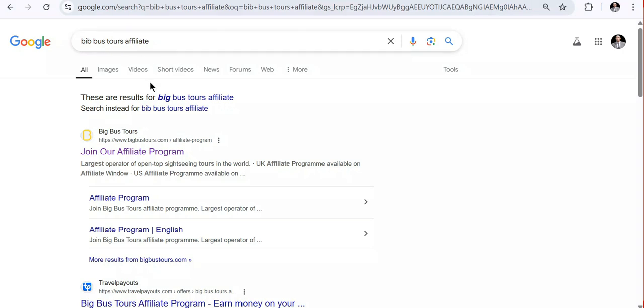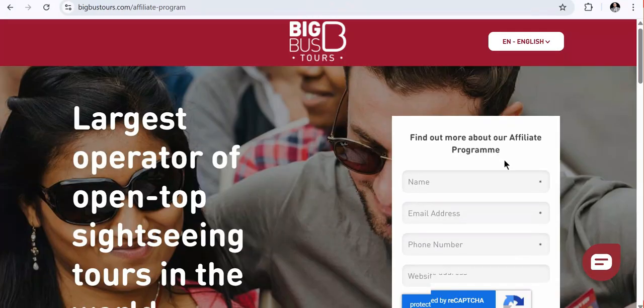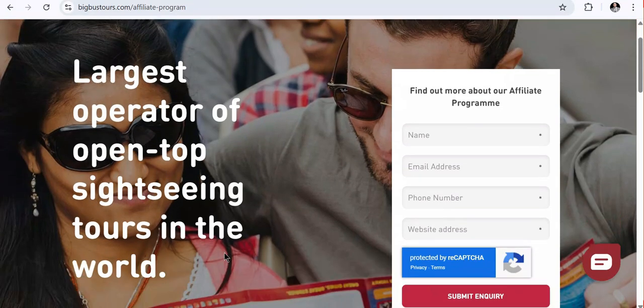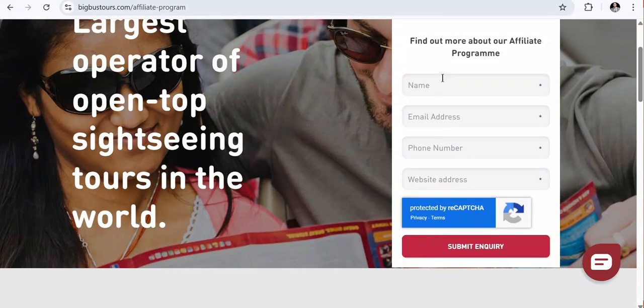So what I do is join this program. I click join, and after clicking join, I'm going to get this information. You can see here, largest operator of open-top sightseeing tours in the world. Now you can see the information I have to fill out here. Now you have to fill in this information,